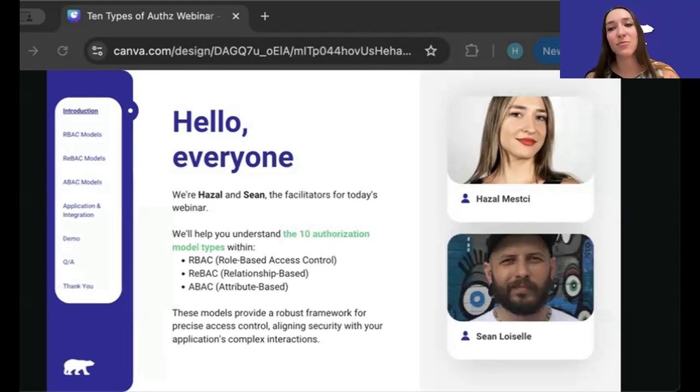We are both developer experience engineers at Oso, and today we're going to just facilitate the webinar for you. We will help you understand the 10 different types of authorization models, and these are types within role-based access control, relationship-based access control, and attribute-based access control. I'm sure you've heard of these terms before, but we are going to go in depth on submodels of these